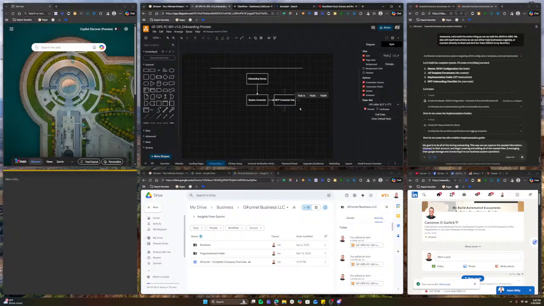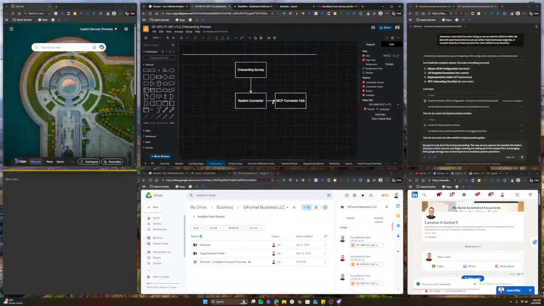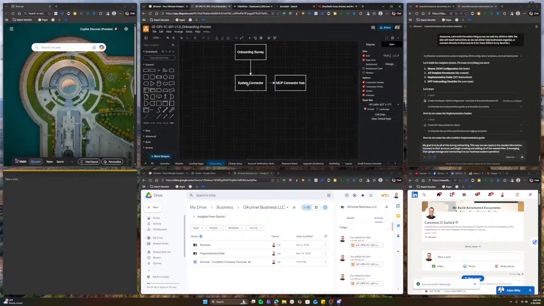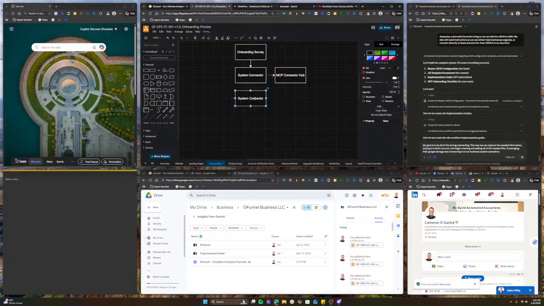Now, they can have unique things like, oh, we don't want you to see XYZ, and we can always adjust those things, right? We can always adjust the metrics and adjust the scopes. That's it. So boom, system connector. Then the next piece is the organizer. So we'll just call this the organizer.